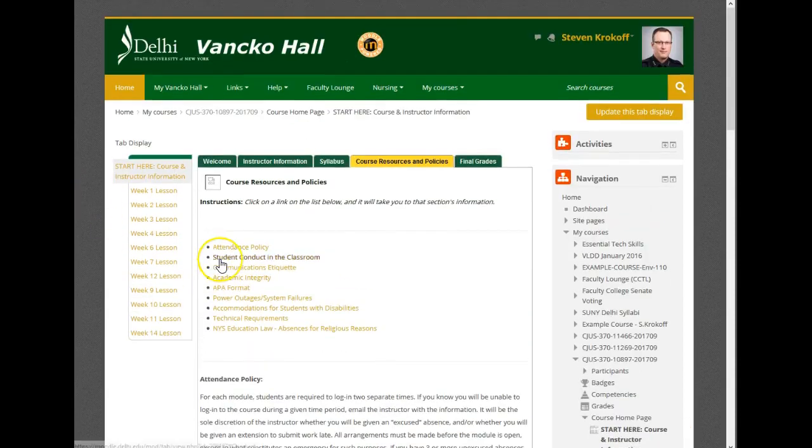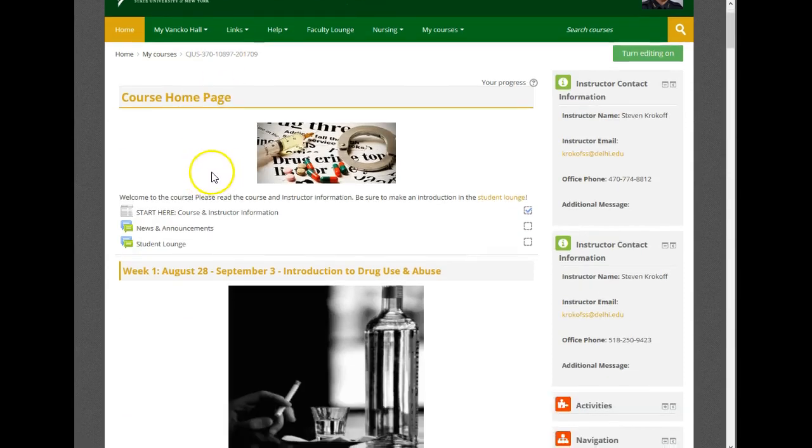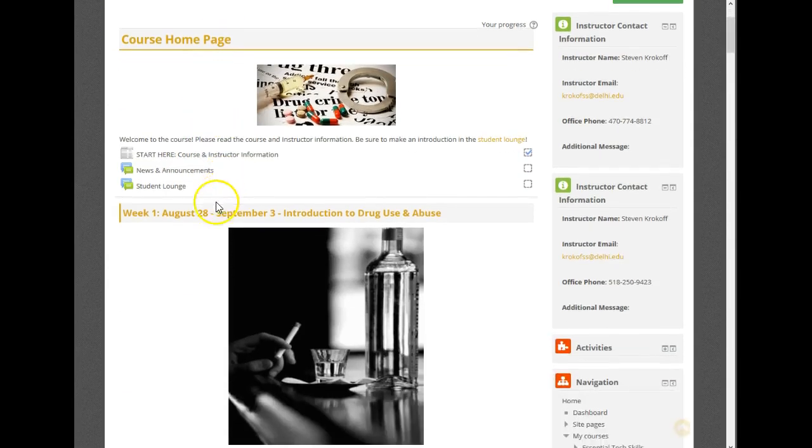So now that we have been through the introduction, let me give you an idea of how to navigate the course. I'm back to the course homepage. We saw these start here. The news and announcements, I use this very extensively. I put all of the announcements that I do to the class as a whole in the news and announcements. It will pop up on Banco every time you log in. It will also forward to your Delhi email. So please keep an eye out for those. I don't send things out for no reason. If you see something from me, I recommend you read it.